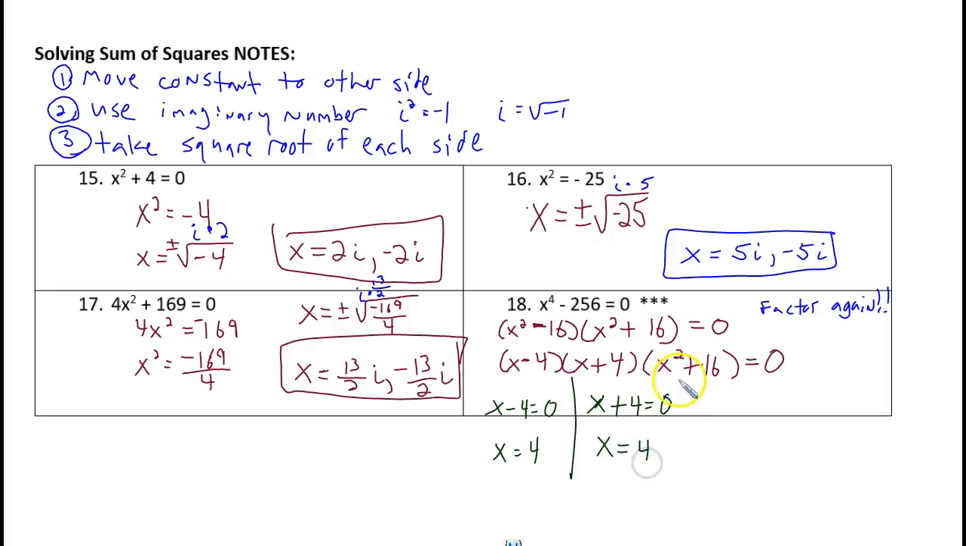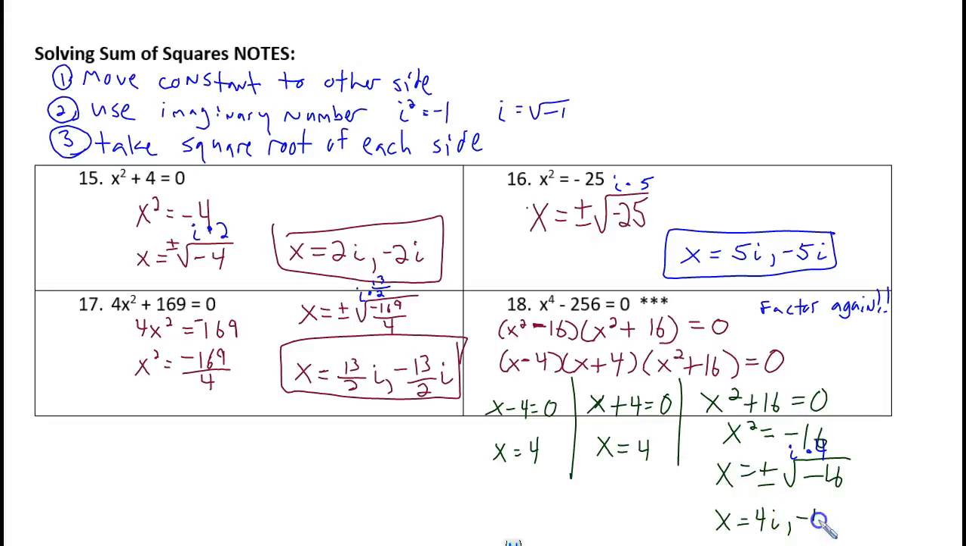That's the second solution. And then we can set x squared plus 16 equal to 0. And we now know how to deal with this. We subtract 16 to get negative 16 on the right. We take the square root of both sides. Positive negative square root of negative 16. The negative comes out as an imaginary number. The square root of 16 is 4. So we get i times 4, which is 4i. So x is equal to positive 4i